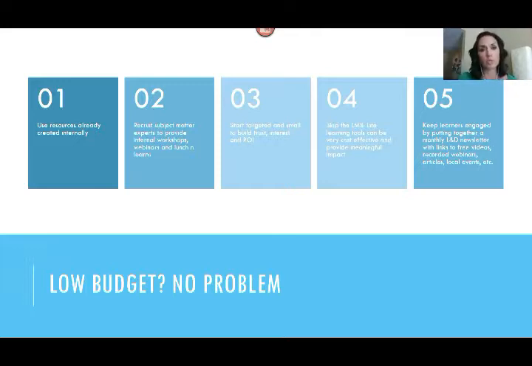Take all of the resources, gather that all up, compile it, and then you can repackage it in ways that you can put it out to an employee base or a customer base. So using resources already there is free. There's no content development really in it. It's just repackaging that information. It will be surprising, I bet, for you to see how much is really out there when you start asking.